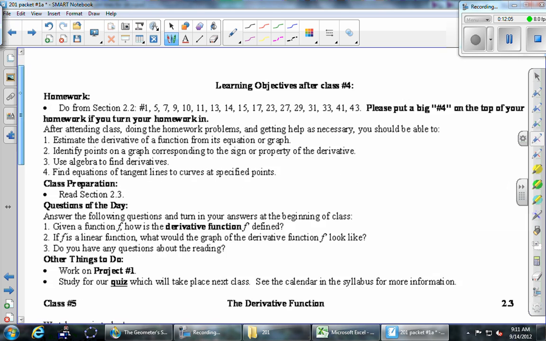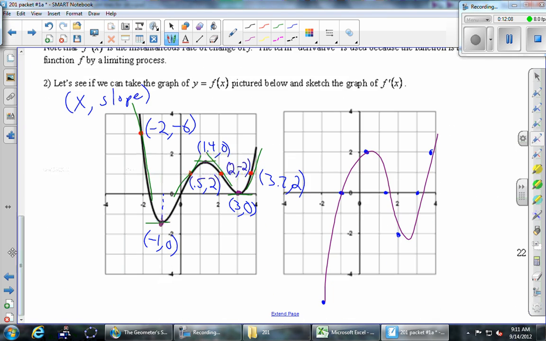Okay, so let's take a look at the increasing parts on our original. So on the original thing, looks like we were increasing in here, between there and there, yes? And I just want to grab those 2 points. Maybe we'll highlight it so it'll stay up there. So from here to here, the original function was increasing. And I'm just going to grab that part of the curve on the derivative. So that was from -1 until where? Until about 1.4. Those were the ends of our increasing part. So from -1 to 1.4.